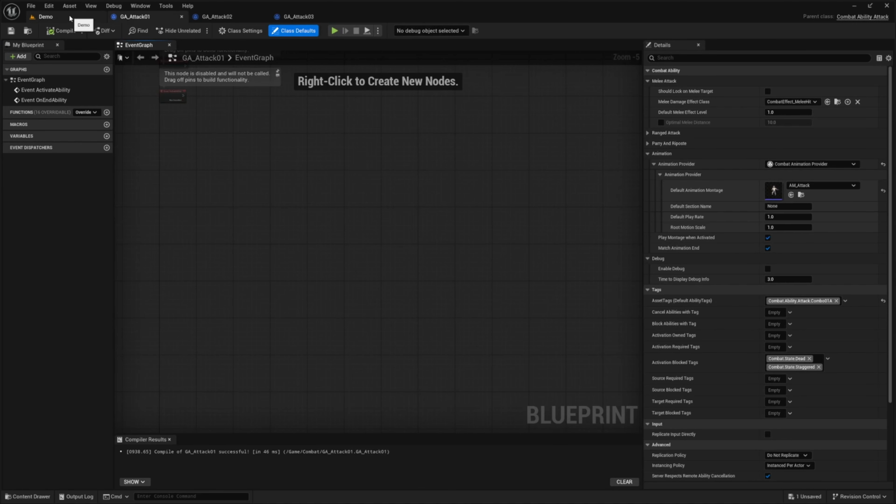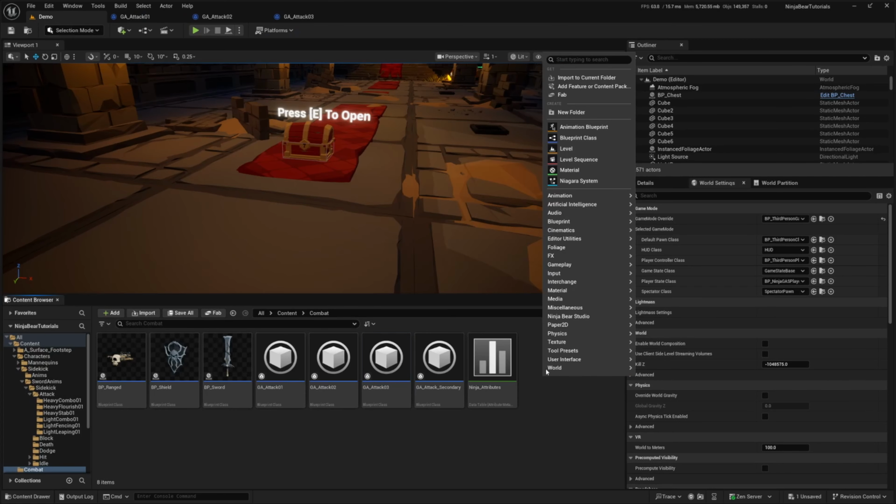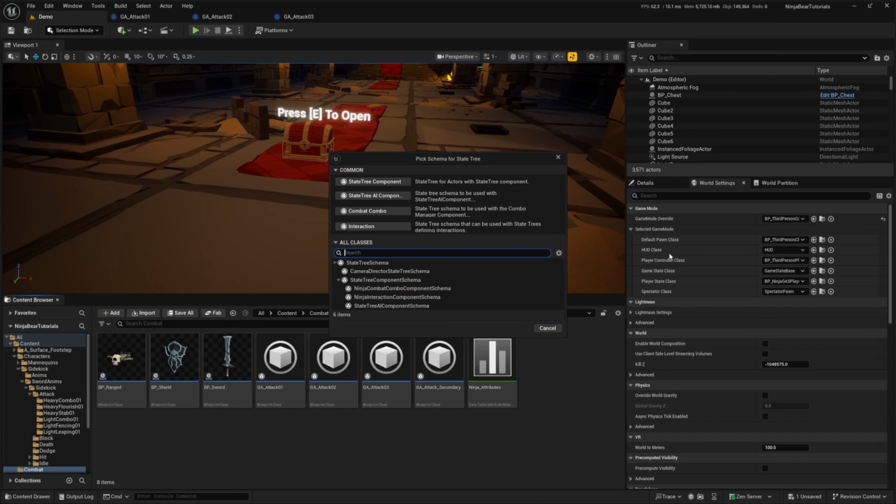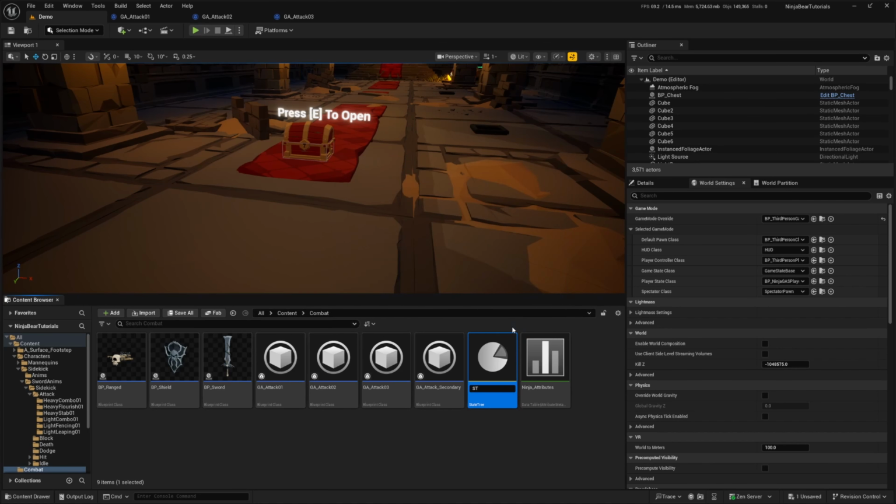So now let's actually go back and use these tags appropriately in order for us to create a state tree to sequence through the combos and execute them properly. So I'm going to right click and head over to artificial intelligence and create a state tree. This state tree will extend the Ninja Combat Combo component schema. I'm going to go ahead and click select and name this